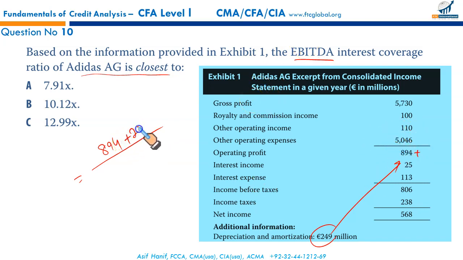So 249, upon the interest charge, which is 113. Simplifying this will give you 10.12 times. That's the interest coverage using EBITDA. So that makes